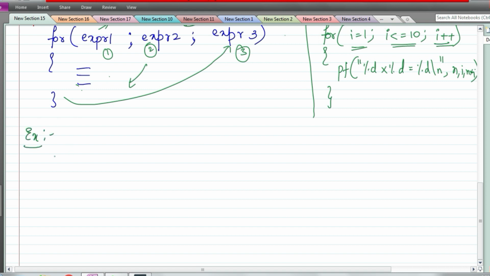Suppose I am initializing value of I. Okay, so I am going to print from n to 1 in the reverse order. In the decreasing order, I am going to print from n to 1. So I will ask the user to enter a value for n, and whatever user enters, I am storing it in an integer variable. Okay, suppose now I want to display values from 5 to 1 or 10 to 1, like that, in the reverse order, in the descending order. I want to print all the numbers separated by a line.